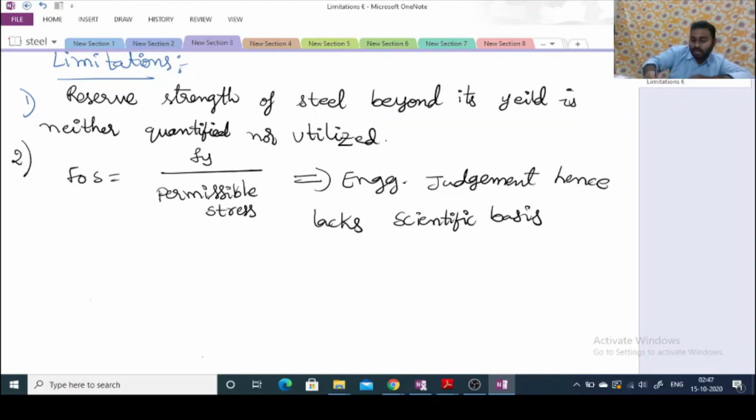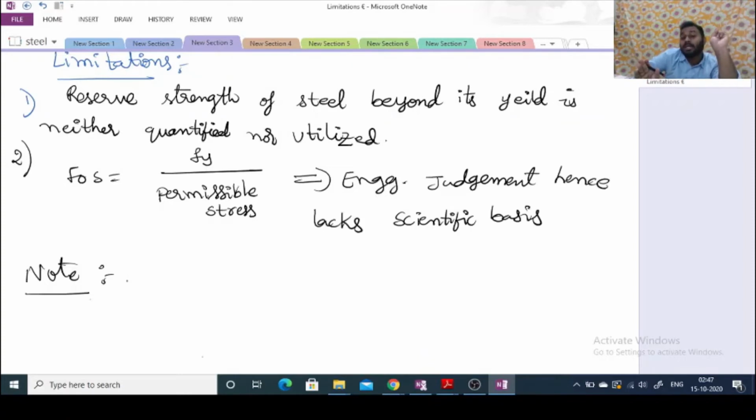Is that okay? Now make a note and write down one point before proceeding to the discussion of the other limitations in the working stress method. In the introduction class itself, we discussed the aims of a civil engineer in the design of steel structures. That is design of structural steel, which means cross-checking whether the selected steel section is adequate or not. That is one aim. The other aim is design of connections.